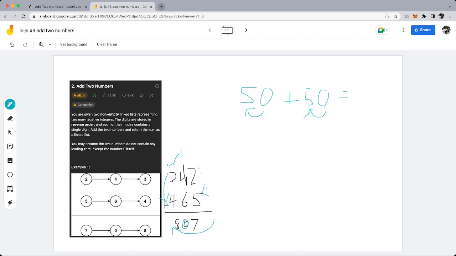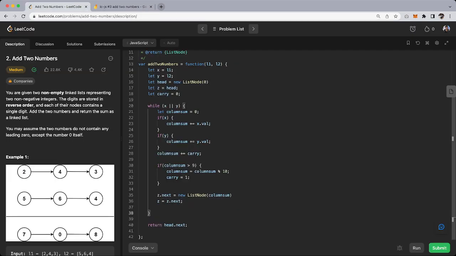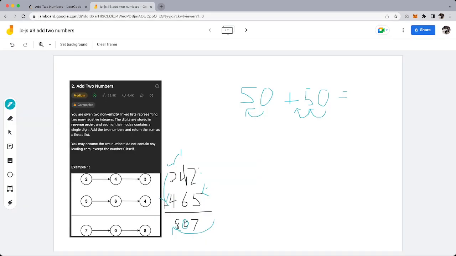Now, it will do this one more time because so long as 5 existed, y will traverse to a null reference point. Same thing with x here. But in the arithmetic for this, there will be a carry of 1. So we need to account for this carry